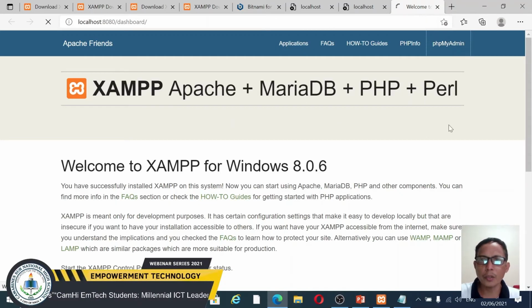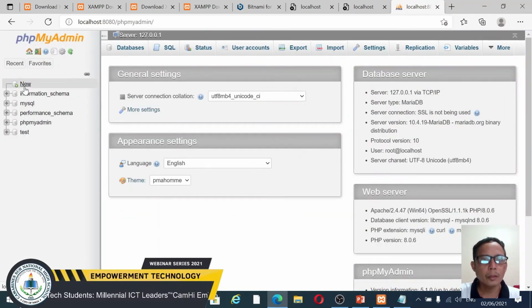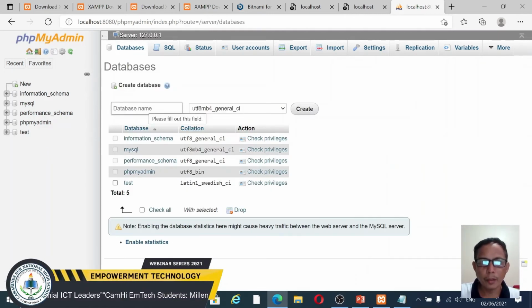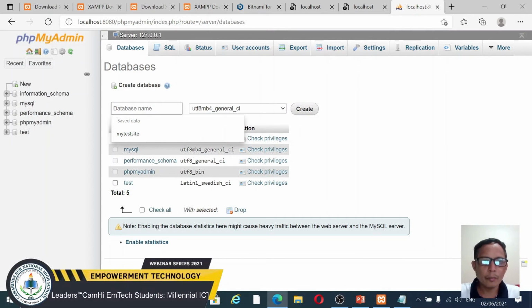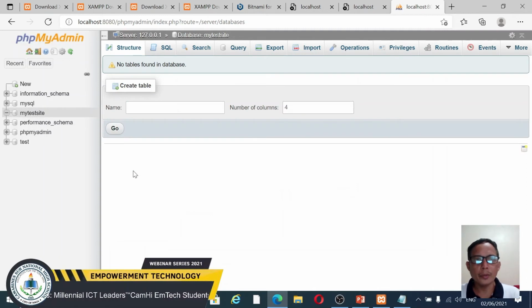Let us check phpMyAdmin and click the database. For example, our database name is my test site. Then click create. The new database has been created.